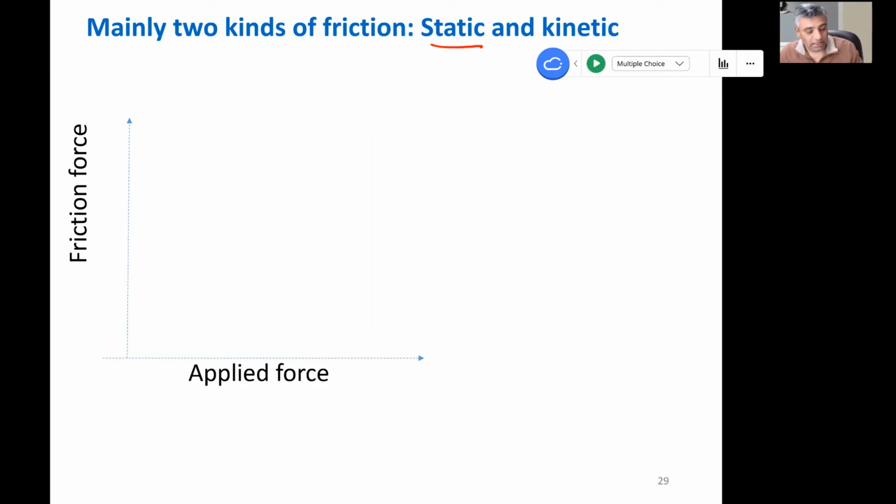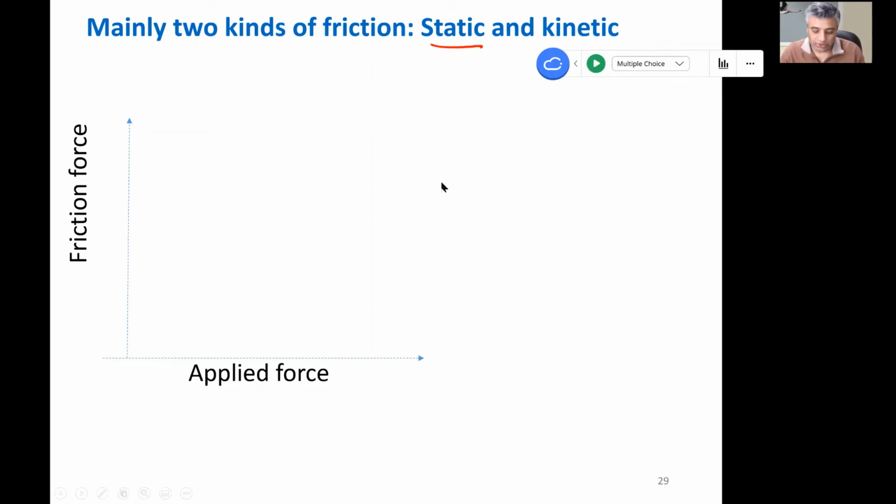Of course, I can try sliding my palm on the table. I invite you guys to do that wherever you are. If you have a table, you can try that on the table, on the bed, or on the wall, okay? If you're not trying to slide it, you don't feel any force. When you try to slide it slowly, you feel that opposing force, and it increases as your push increases, okay?